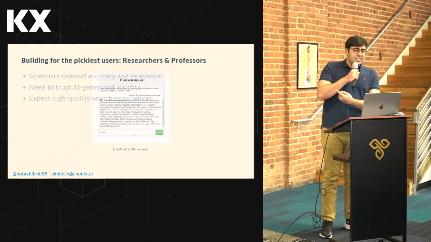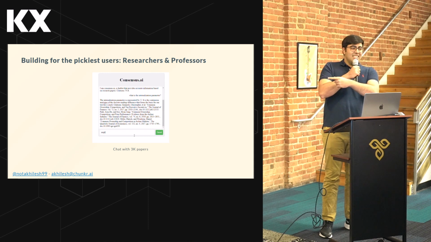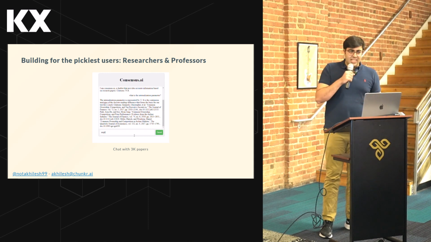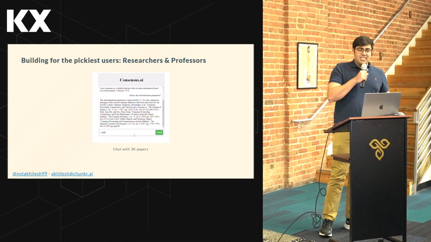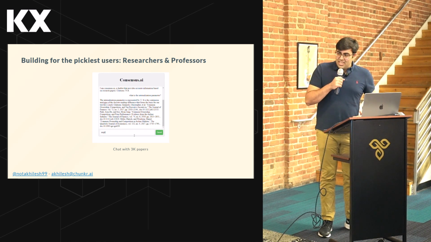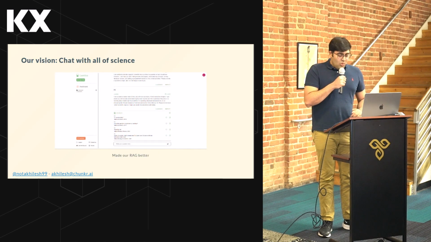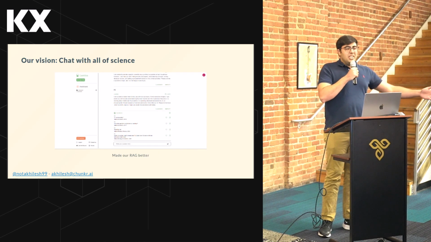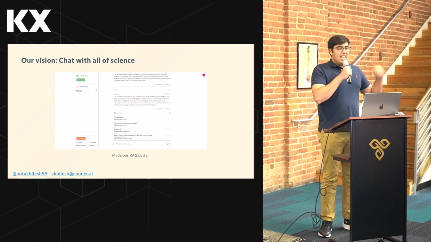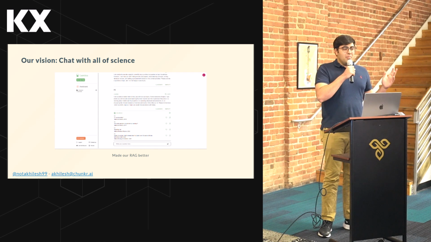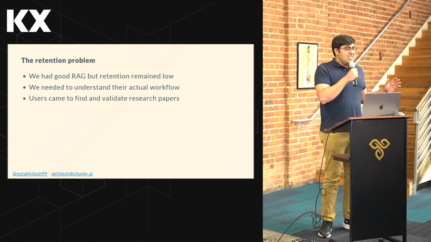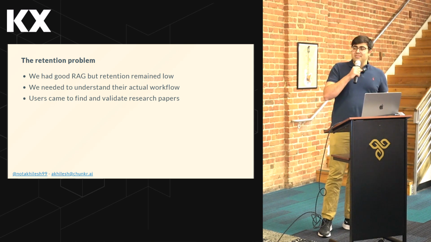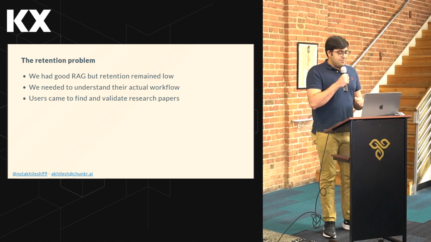And this is what we had, right? That's RAG. You can find the chunks that you need, and you can give it to an LLM, and it answers, and it's probably correct. But this is obviously not what our users were looking for. So we made our RAG way better, right? We worked on the UI. We did everything we could possibly think of: semantic chunking, agentic RAG, hypothetical document embedding. And we had a big problem. Our retention sucked. No matter how good we made our RAG, it did not matter to our users, right?